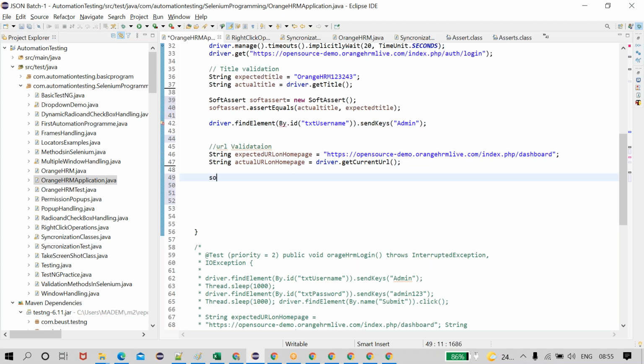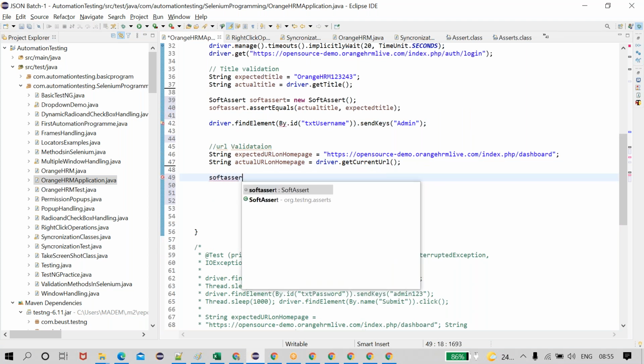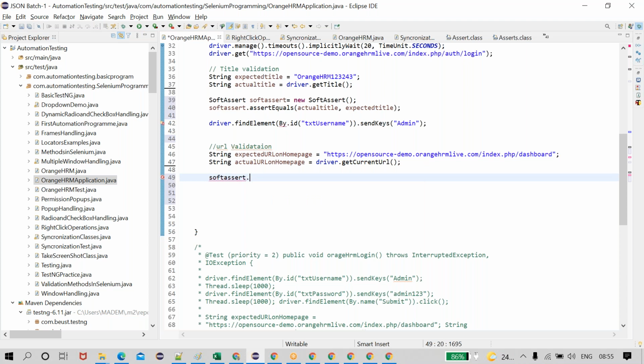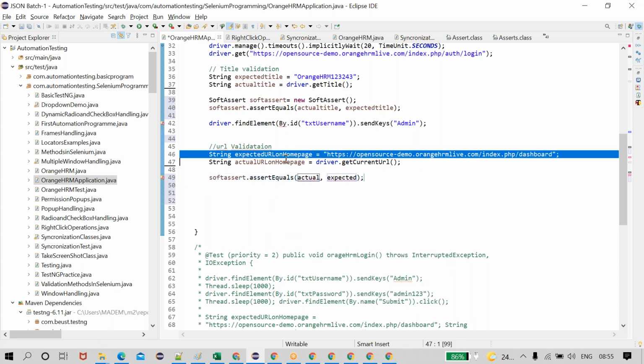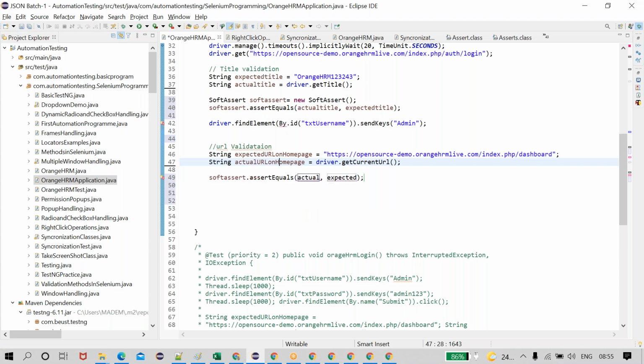Here also I am comparing: softAssert dot assertEquals, what is the actual URL, the home page? What is the actual URL? It is getting from the code itself.